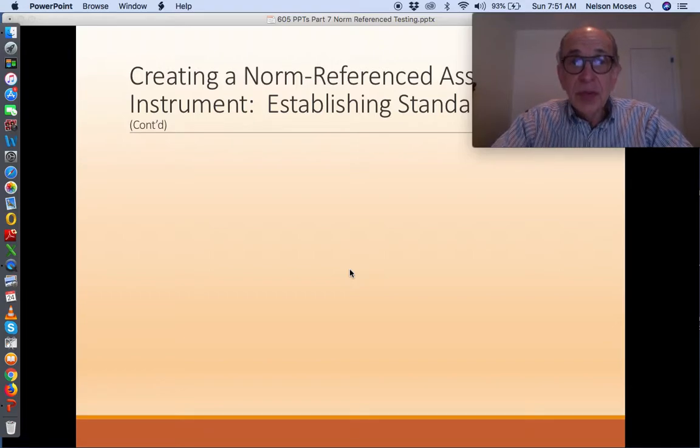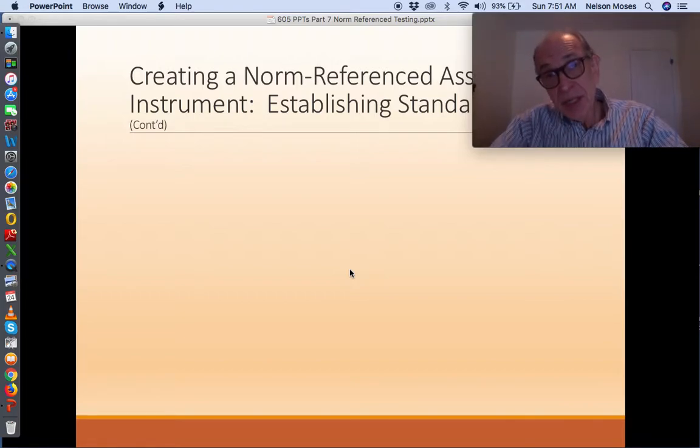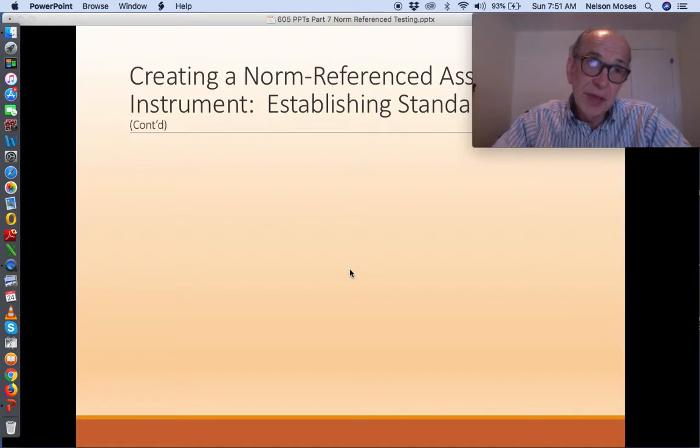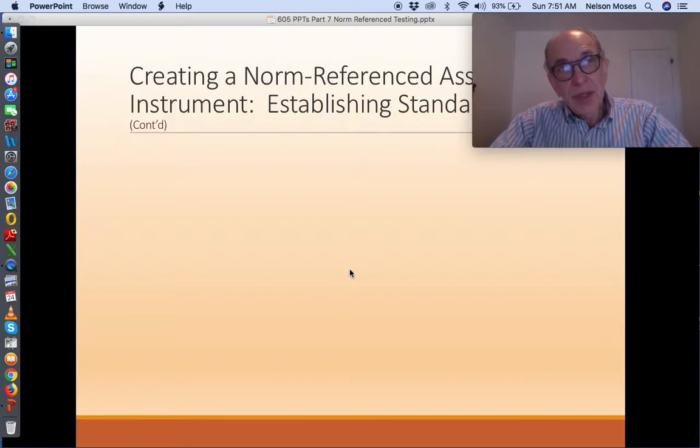norm reference scoring has something to do with comparing your particular client that you yourself as a clinician are assessing with what's typical of that particular population in the area, of course, of speech or language. Because we're using assessment instruments to make a decision: is the client's behavior typical within the parameters that are considered typical for the age or grade level, or is there a disability or disorder? Well,